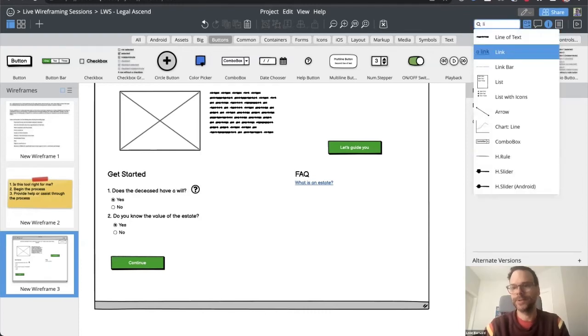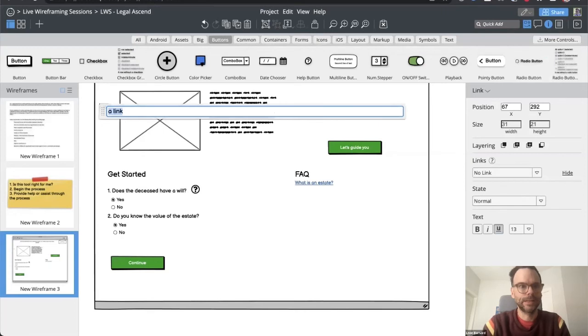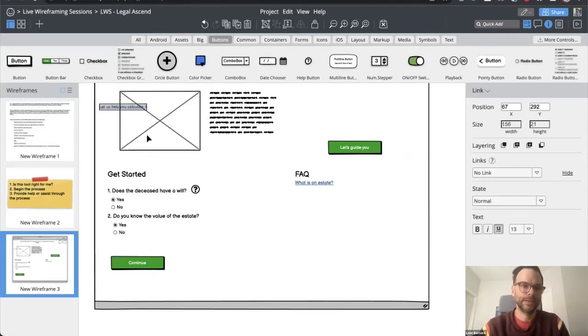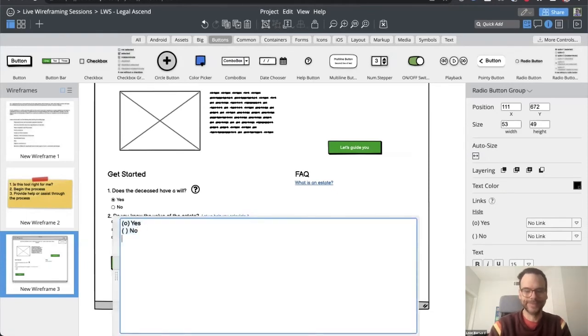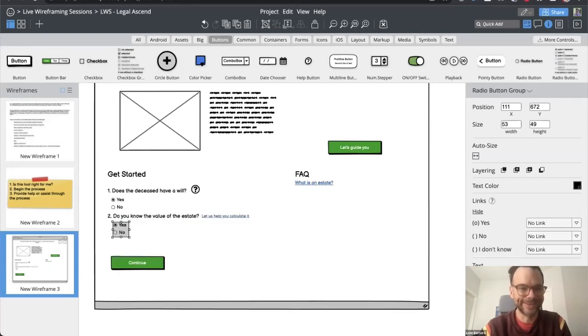This could be a really good opportunity here to show how your site can help. Let us help you. So you're already offering something here, and maybe they do know it, or maybe they don't know it.